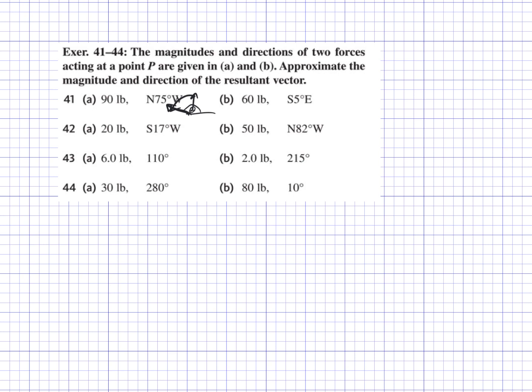So we have this vector, that's 90. All right, and the other vector is 60 at south, 5 degrees east. Okay, so that's going to go this way, which is 275, all the way around. So if you take 275